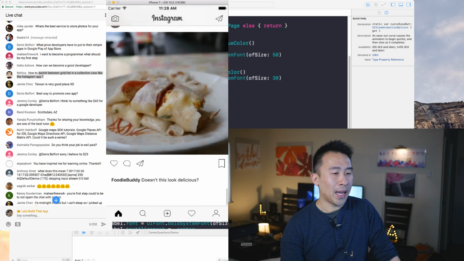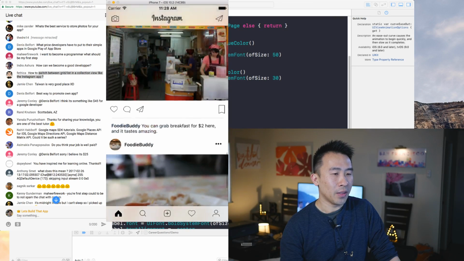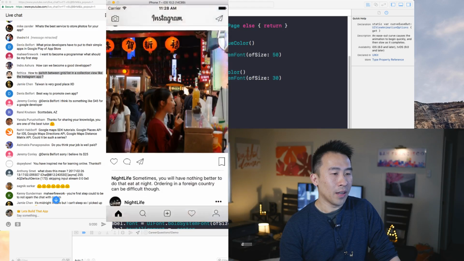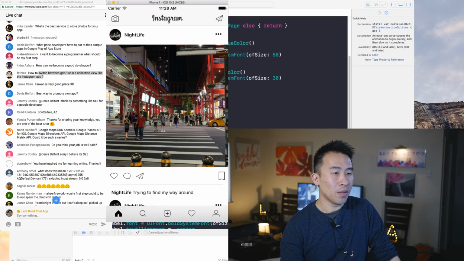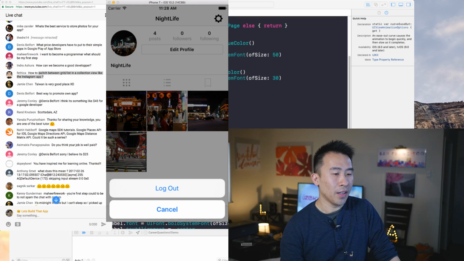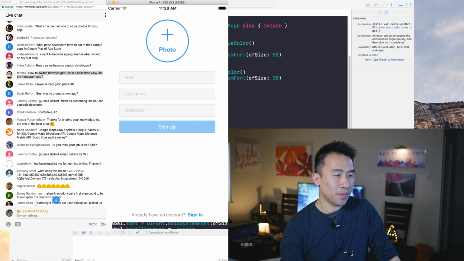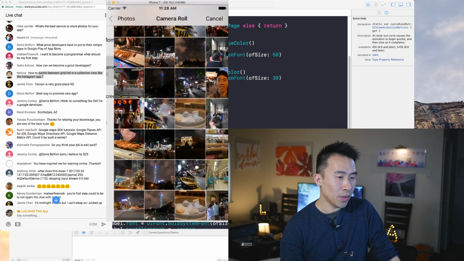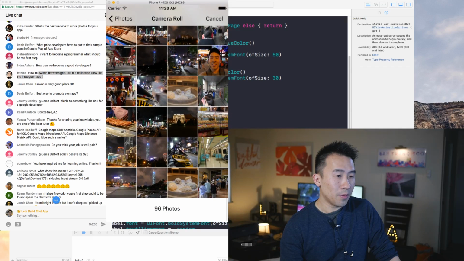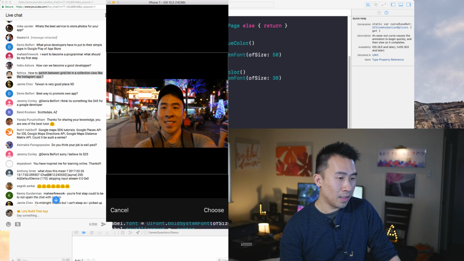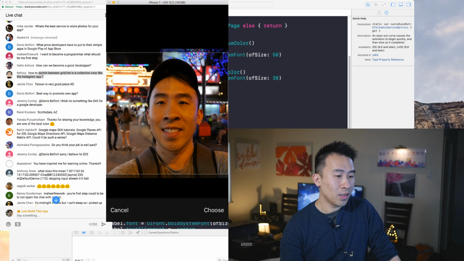It's packed with a lot of different features that you can build out. For example, if I click here, I can sign out, and then I can sign in as a new user, select one of these photos, probably one of myself maybe, and we can choose that.